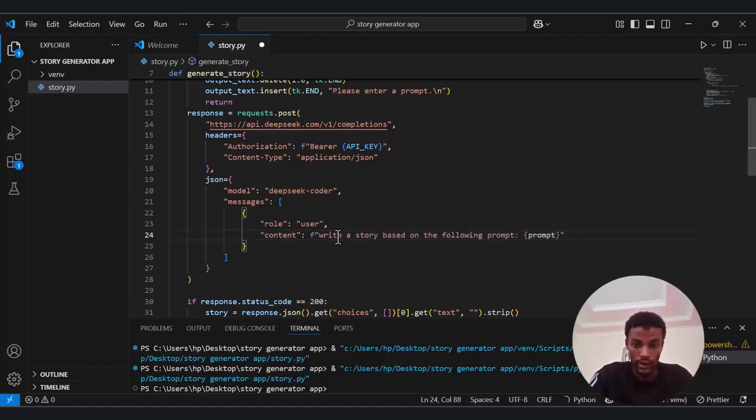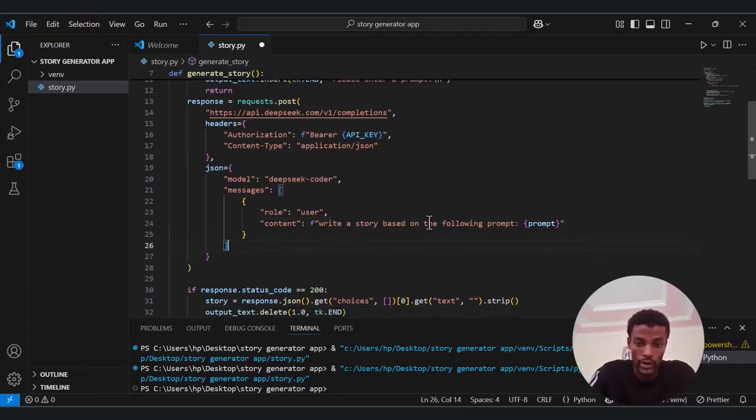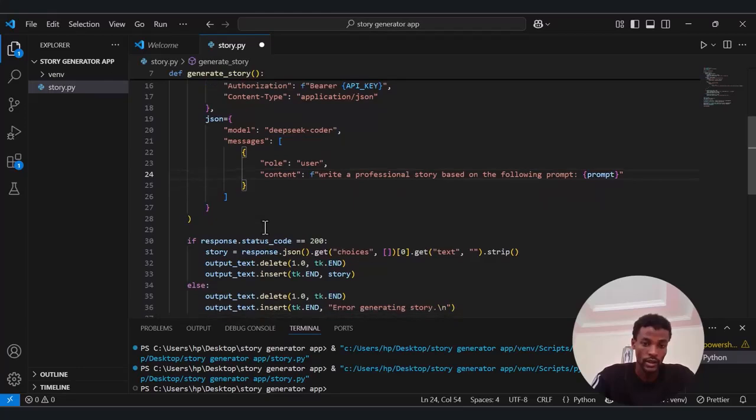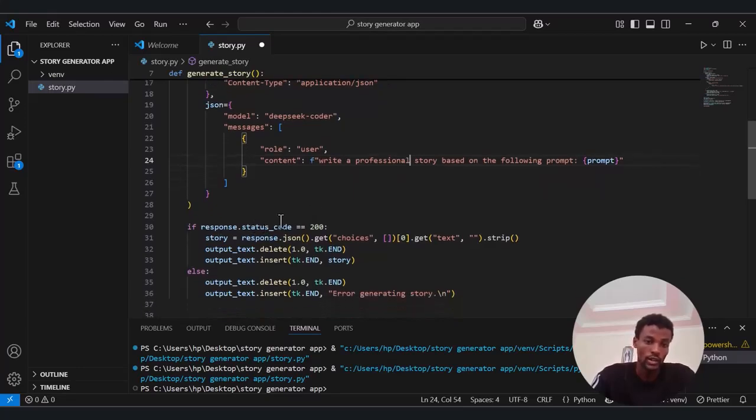A story generator based on the following prompt, and I want to also pass a prompt. This is write a professional story based on the following prompt. So I already wrote this for the JSON part. After that, if response.status code equals 200, that means it successfully sent the request, what we will do,